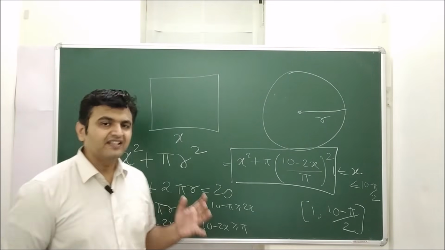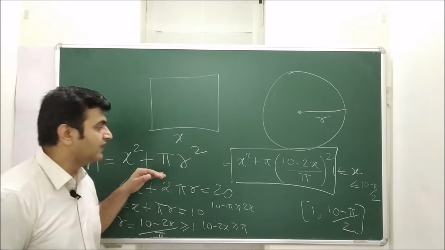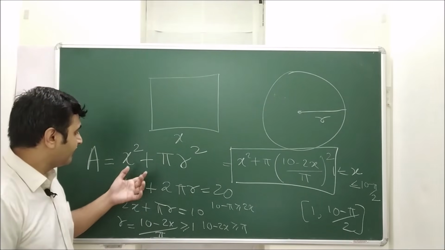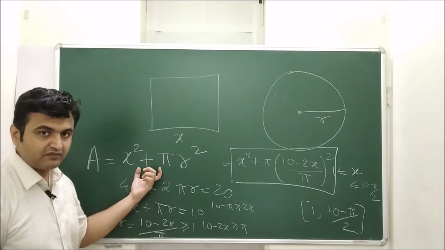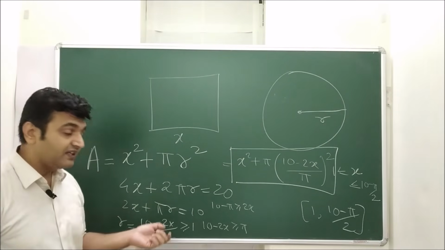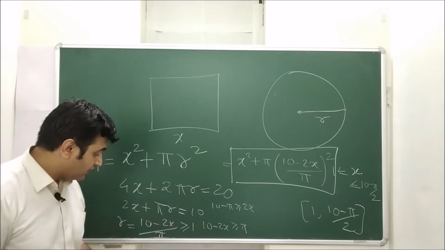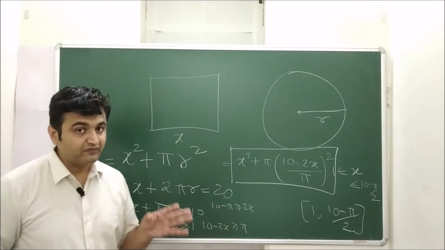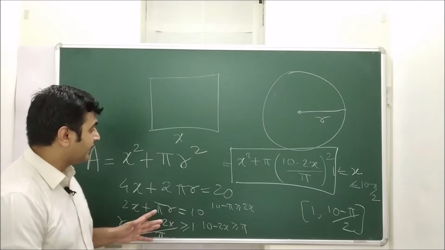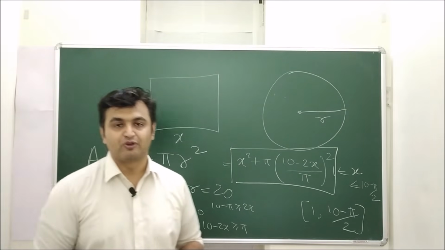So I think solving is not difficult. The only thing is you should formulate, and keep one thing in mind: whenever you have 2 variables in the function which you are formulating, then definitely some constraint will be given to you. Use that constraint to express one variable in terms of another variable. And yeah, that's how you solve optimization problems.